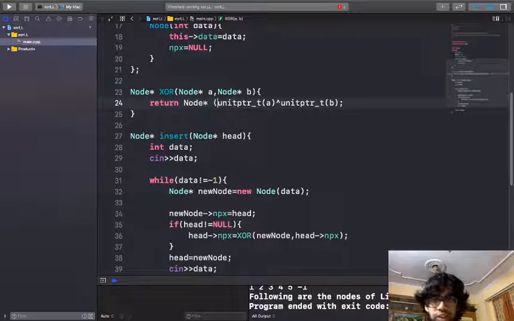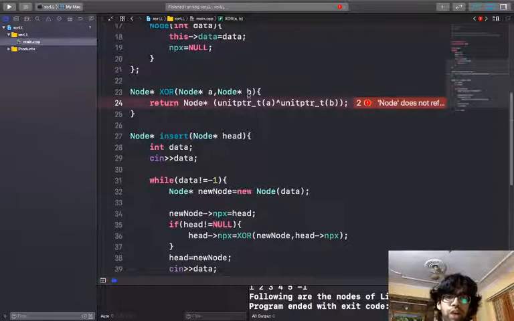So simply we'll just typecast it. We are typecasting it to node star because it will return a value which has the same number of bytes as this node star. So there will be no problem in doing that.